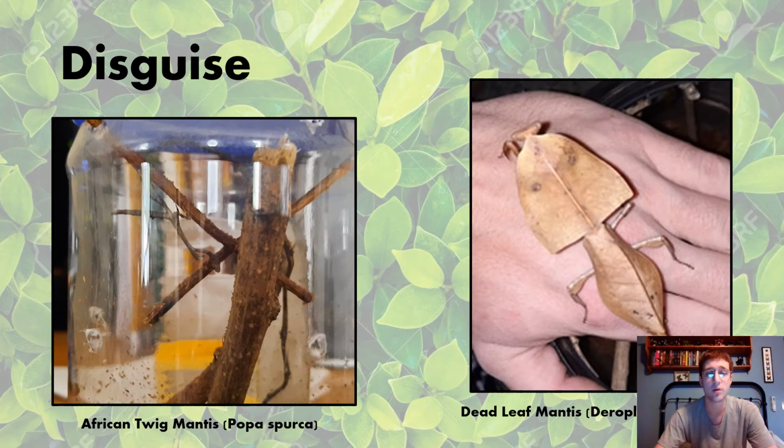So disguise is one of my favorite aspects of camouflage, where you're trying to blend in with specific objects in the environment. These are two pictures of different mantises that I have. Obviously, the African twig mantis blends in with sticks by camouflaging its body and shape to look exactly like a stick. On the other hand, you see the dead leaf mantis over here. This is an adult female, and you can see the various different markings on her